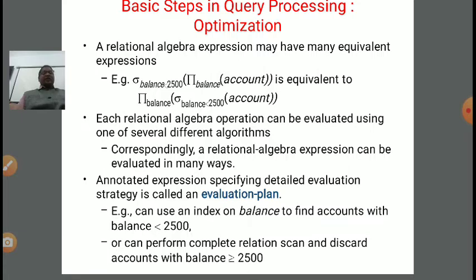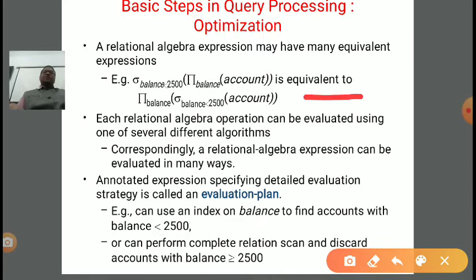Now this is equivalent to writing, if you interchange the operation order, then it doesn't make any change in the query output. How is it equivalent? Suppose first we apply sigma, the condition balance less than 2500 on the account, and it will give all the information, all the attributes from the account corresponding to balance less than 2500.